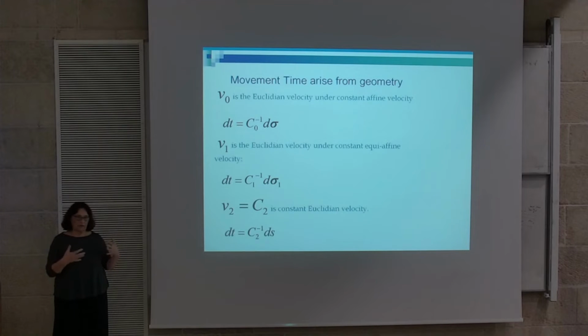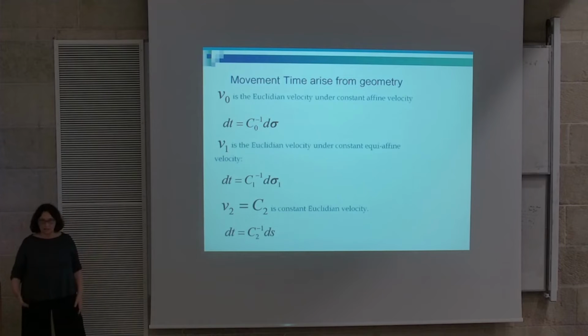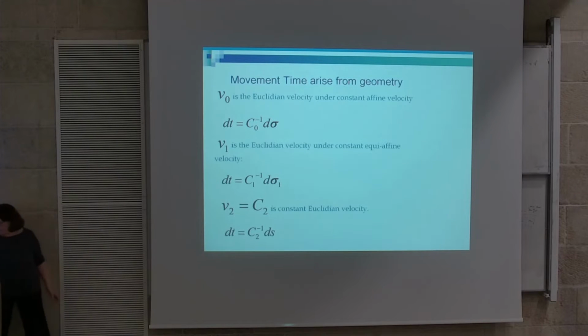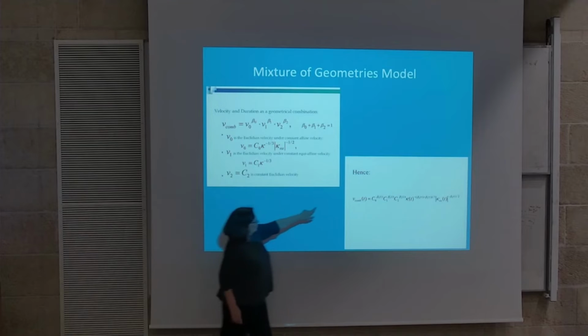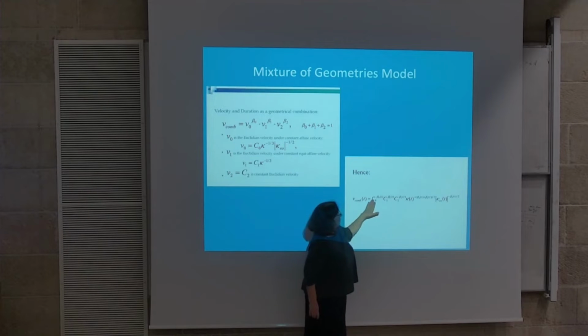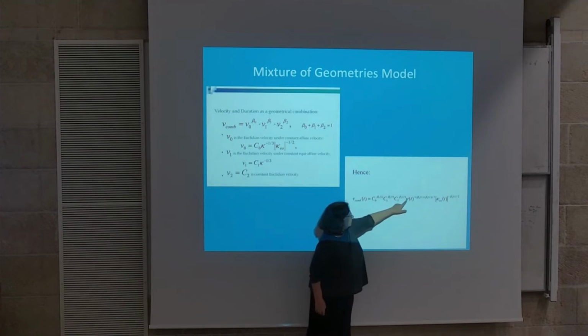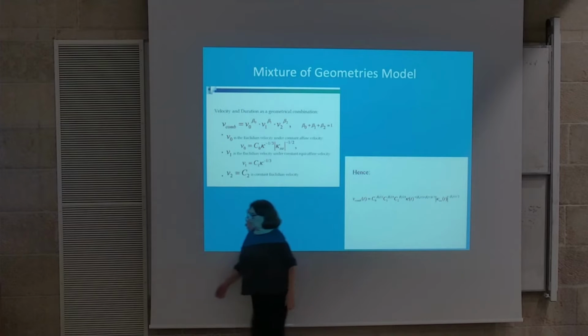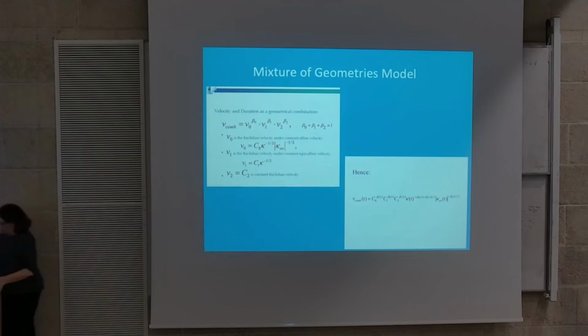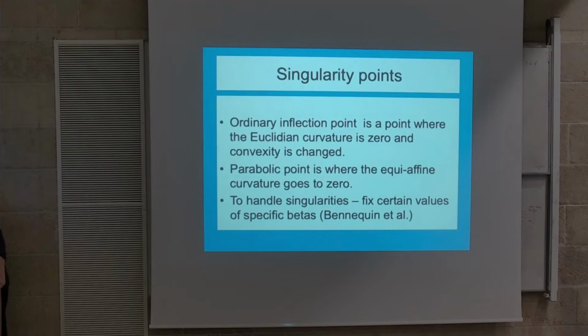And it also says that we don't have neurons that just encode for one kind of geometry, but they encode for the different kinds of velocities. Okay? So you have a multiplication, you have this constant velocity in the three geometries, and you have a general principle, okay, which says that I have the three geometries. Each one of them is represented by different kind of curvature, and I have different weights for the different geometries, and we try to model these complicated movements.